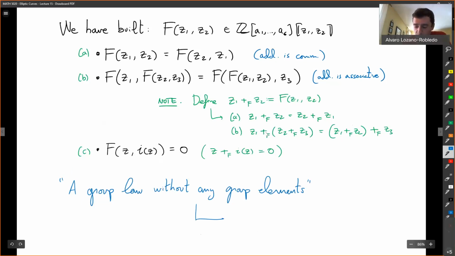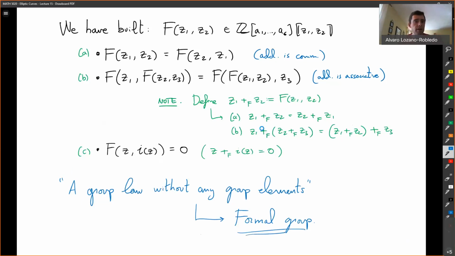And this is, in fact, what we call a formal group. Okay, I'm going to stop here, but in the next video, I'm going to define formal groups starting from here. So now we're going to forget about elliptic curves, but this is the motivation that what we've done is start